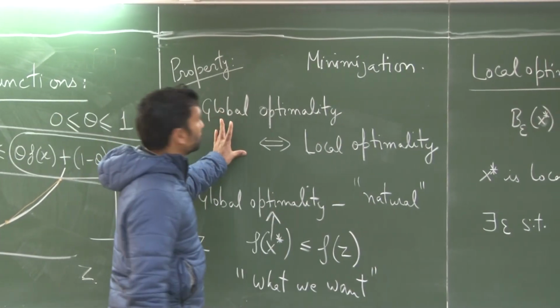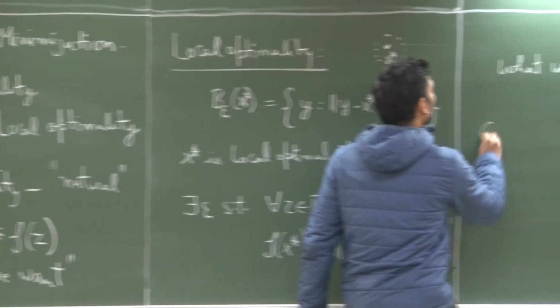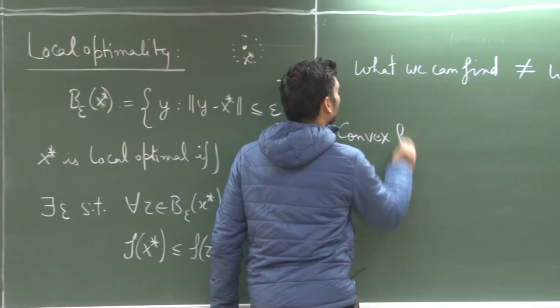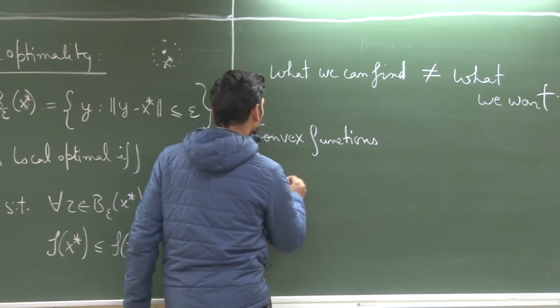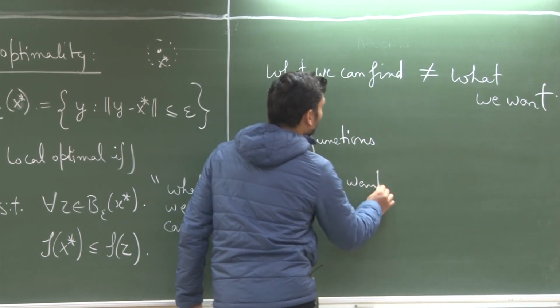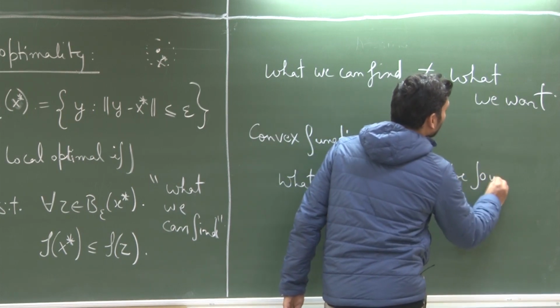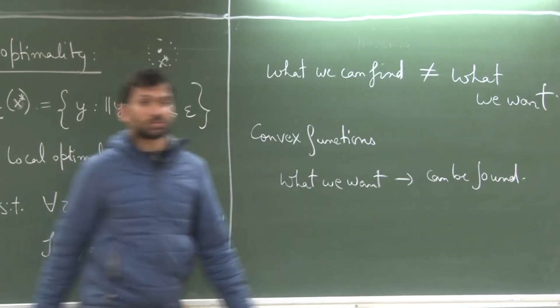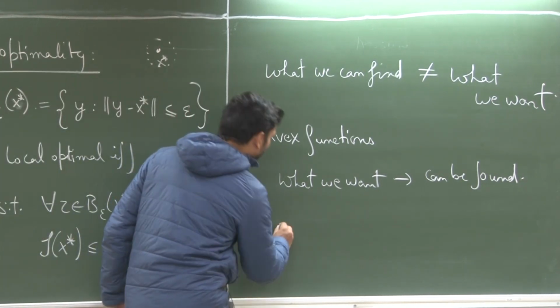That is why this property is so important. It is actually saying that for convex functions, these two are the same, in the sense that what we want can be found also. Other way to say it is, intuitively,